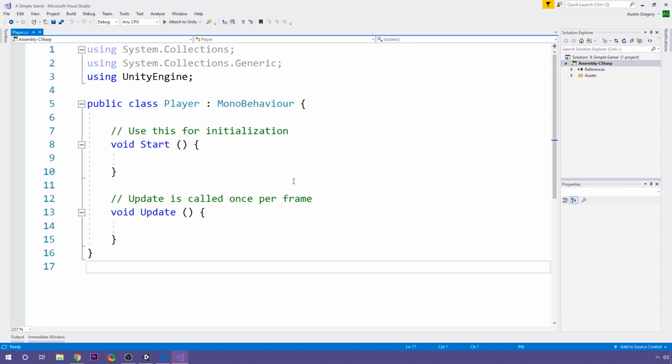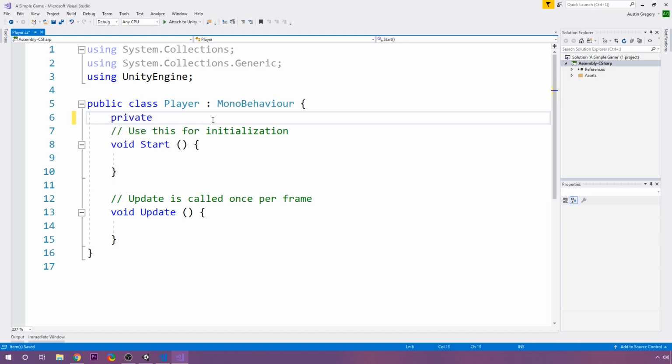To set the velocity property on the rigid body, we have to have a way to talk to the rigid body that is in fact on the player, right? It's on the same object our player script file is. So it's not too hard to get a reference directly to the rigid body because it's also on this object. What I'll do is create a private variable that will hold a reference to the component that's on this object that is a rigid body. So I'll create a private